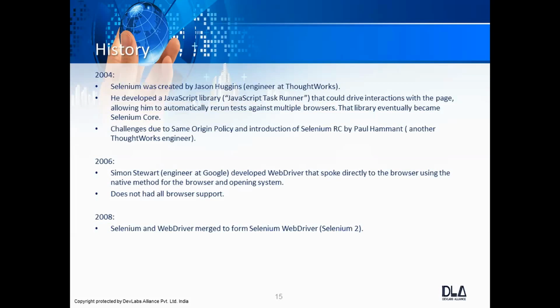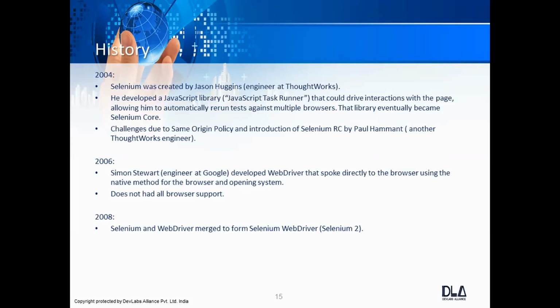To overcome that issue, another engineer from the same organization, Paul Hammond, who was also working at ThoughtWorks, added a server that acted as an HTTP proxy server.